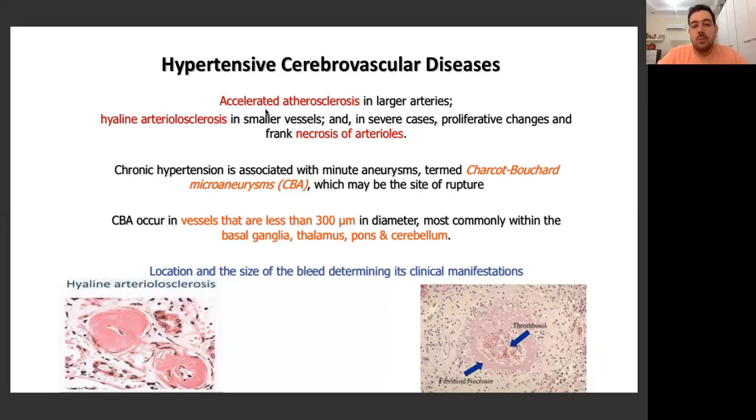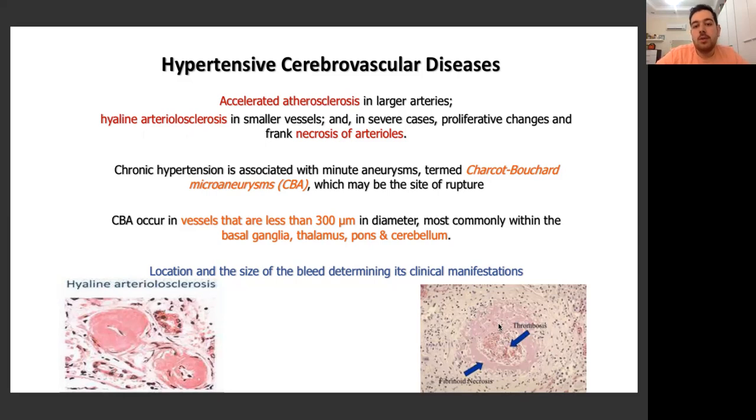Because hypertension, number one, accelerates the process of atherosclerosis and developing thrombosis. That's the process that we've already talked about in the first few slides. Number two, hypertension can lead to what we call hyaline arteriolosclerosis. Now, what does that mean? Hyaline is this pink area that develops around the blood vessels. This is a blood vessel in the brain. These are all neurons. This is the blood vessel in the brain, and this is what we call hyaline arteriolosclerosis